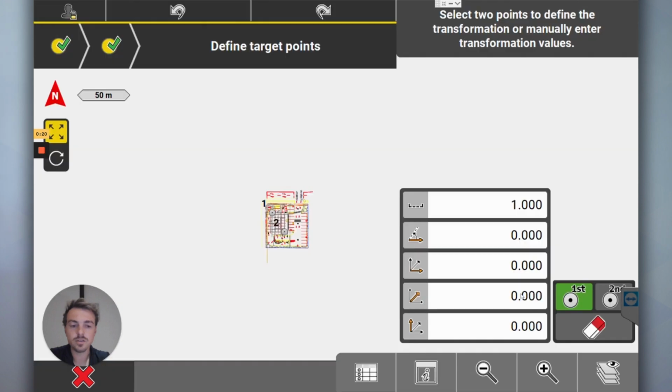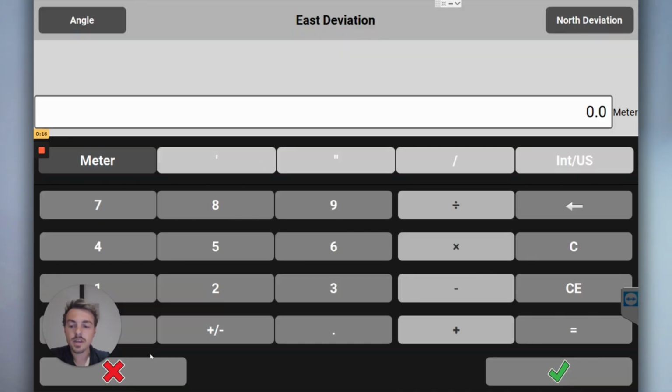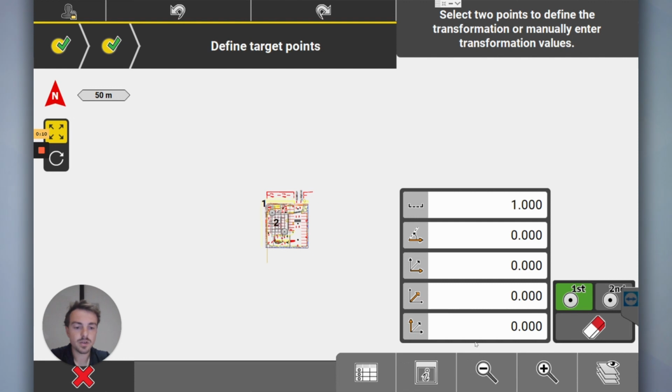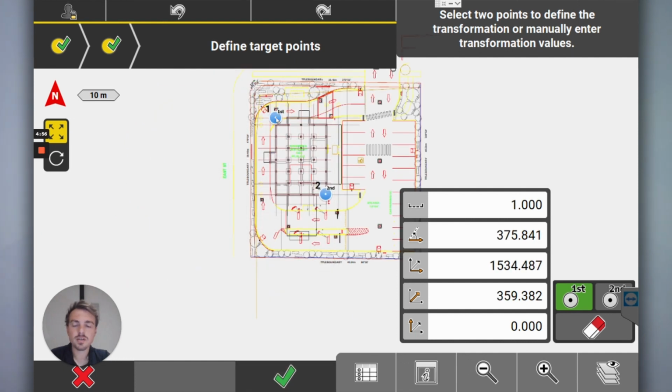You'll see you've got the scale factor, the angle that you want to rotate it at, the east, how much you want to move it east or west, and you've got north as well. What's this one? Height. I'm not using heights for this one, I don't believe. So I've got the 2 points there. So I've just selected those 2